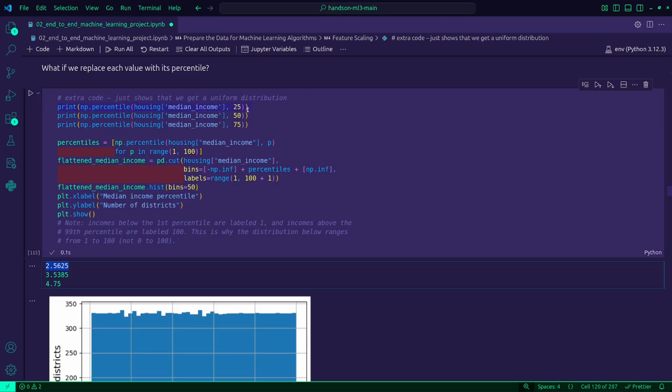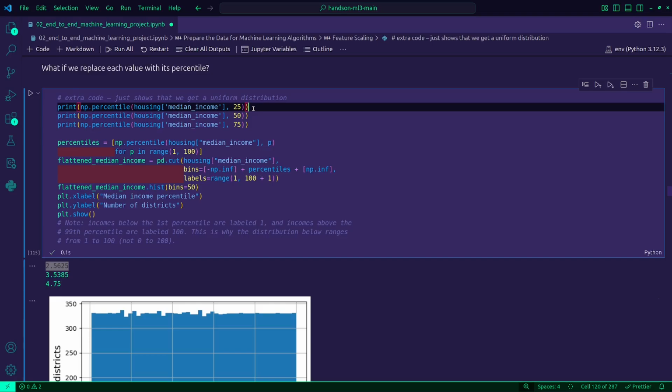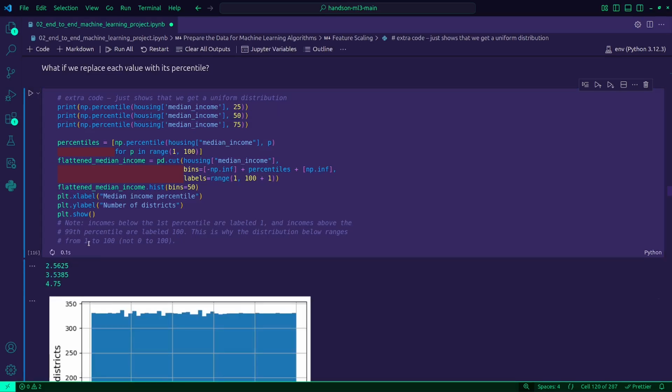So 2.5625 is a value below which 25% of the incomes fall. 25% of all data is below this. 50% of all data is below this value, the median value.